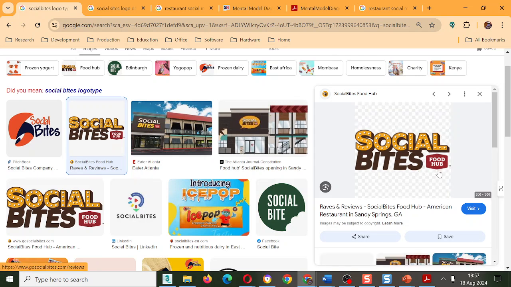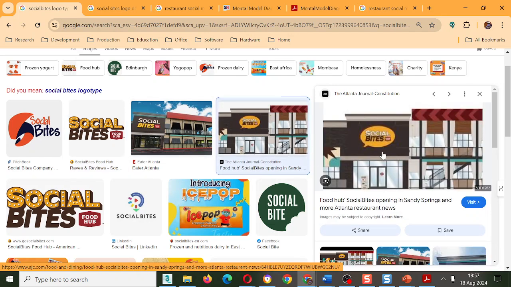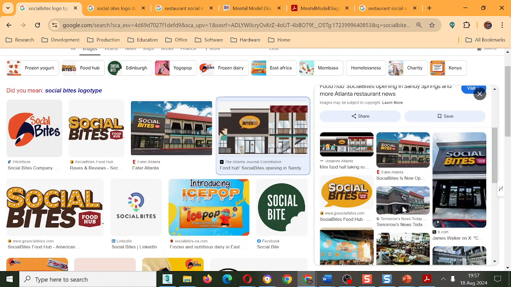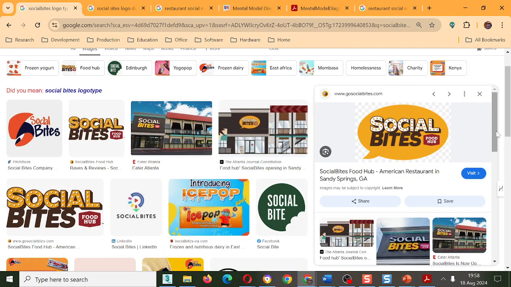And then Food Hub. Food Hub maybe is the name of the thing. But we have this one, SocialBites. You can see the speech bubble, which gives it its unique ID in the use case here. That's how they're using it. So you can check it out on this one. That's how they want to represent it. It's unique. It's still readable, SocialBites. It's busy, but that's maybe how they think. Maybe that's the environment within which they operate.